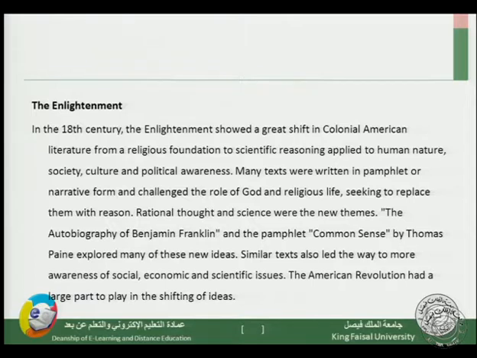Today's lecture is not that long. So simply speaking, we have already talked about the colonial American literature, how it started, when it started, and what it was influenced by, and names of the most important literary figures of this period. And then